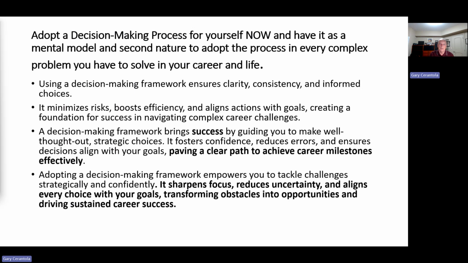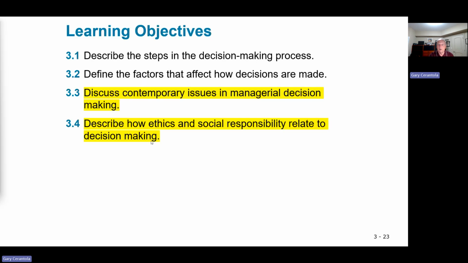And also, when you're in a group and you understand the core values of the group and the organization that you're working for, that will again support the decision-making process that you have. So that's the key message I'd like to leave you with right now.